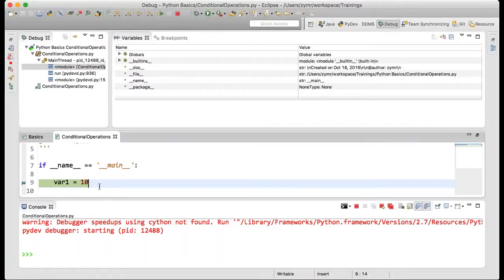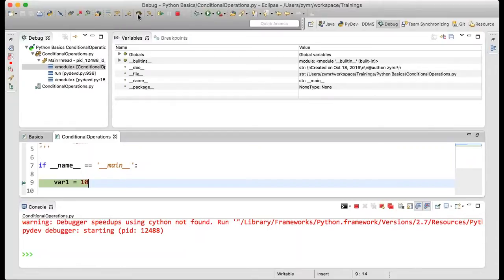So how will I execute this line and move to the next line in the program? If you see at the top right corner here, if you are working on Windows, you have an F6 button. You can simply press that button. Else, if you are working on any other OS like Mac OS, then you can simply click this button, step over. If you see the tooltip for this option, there is an F6 option, right? So you can even click that.